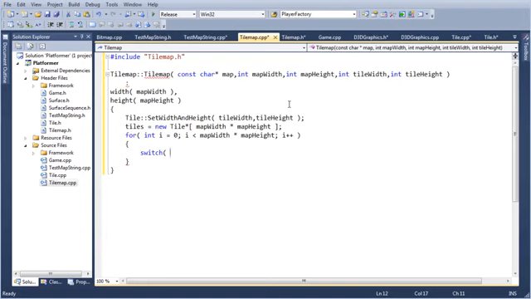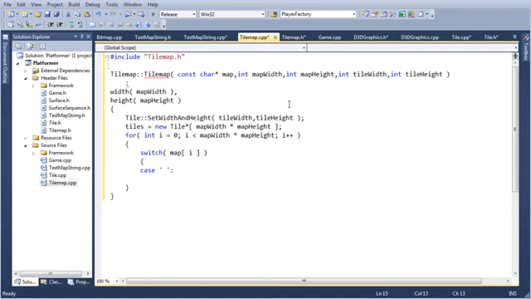Switch. What are we switching here? We are switching map at index. Case, if it is a space, that means it's a passable gray tile, basically representing just empty air.